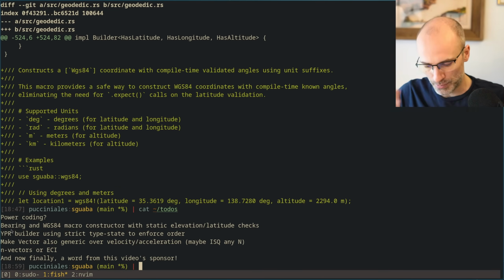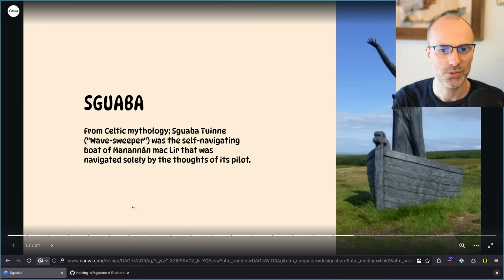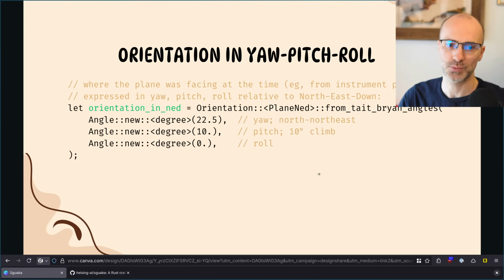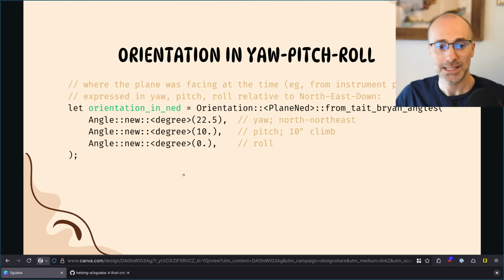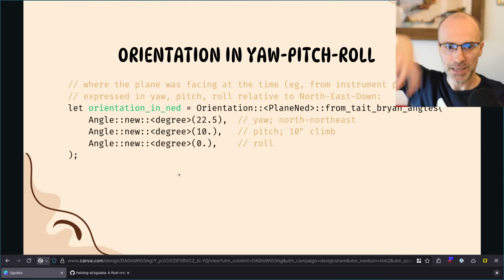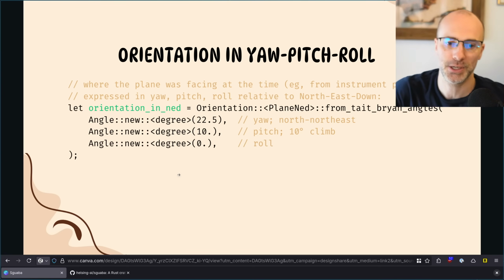So remember in the presentation, actually I can go back to it. To construct an orientation, you give Tait-Bryan angles, which are yaw, pitch, and roll. And here the order is important. It's important that the yaw comes first, then the pitch, then the roll, because these are intrinsic rotations. So the pitch is applied after you rotate with your yaw, rather than the pitch being applied first and then you rotate. This doesn't matter for yaw and pitch, but it does matter for roll.